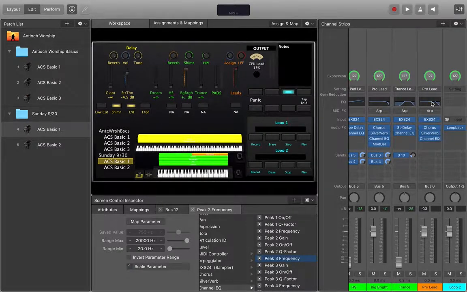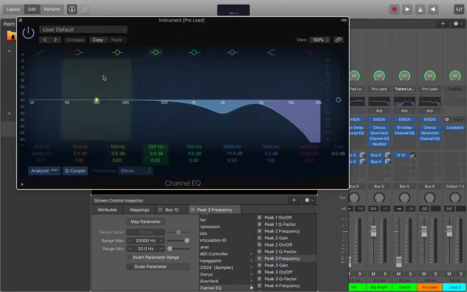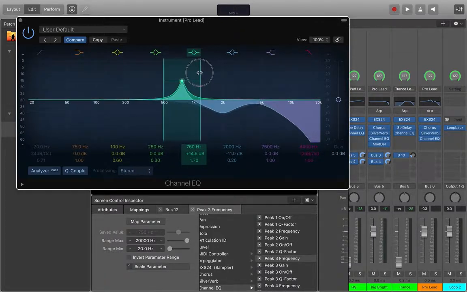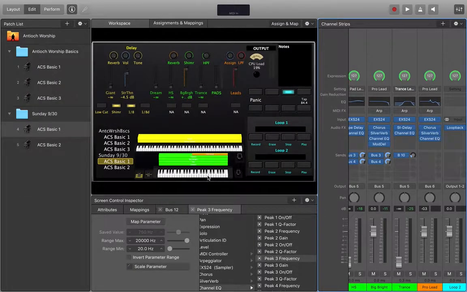Now I know that is something within the EQ. I'm going to click on the EQ. I'm going to go to peak 3. That's 1, 2, 3. I'm going to go ahead and gain it up, and I'm going to narrow it down a little bit. Sorry, I'm getting into details here. Okay, so let's engage that. So now, if I turn on this lead,